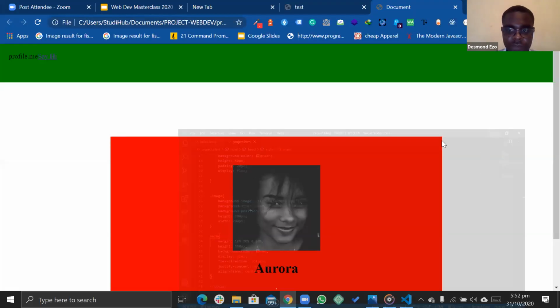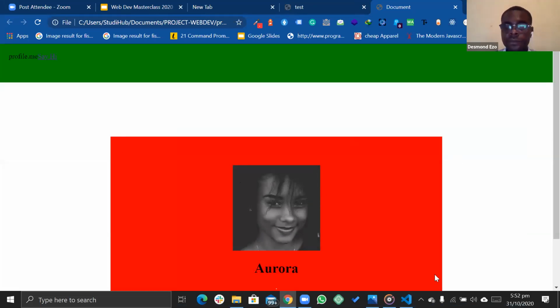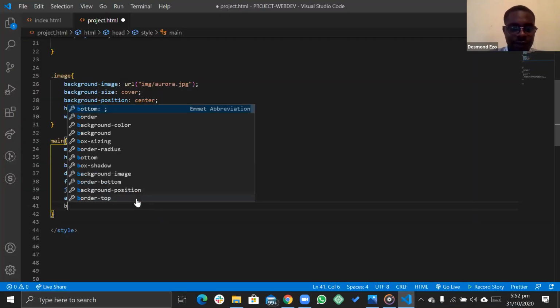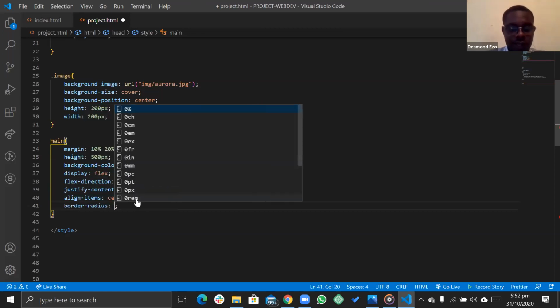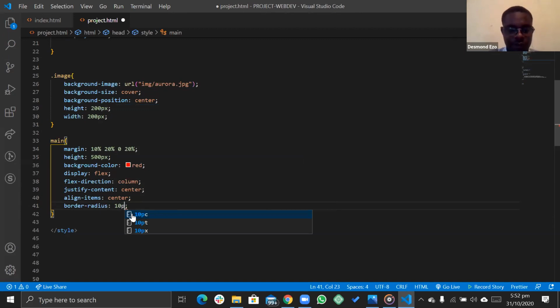So now we need to round these corners. So we're going to round this corner here. We're going to round this corner here. We're going to make this image a circle. To do that, we're going to add a property called border radius. And border radius simply means the edge, corner, that pointy corner. I'm going to remove some pixels from it. So border radius, I'm going to have a border radius of 10 pixels.